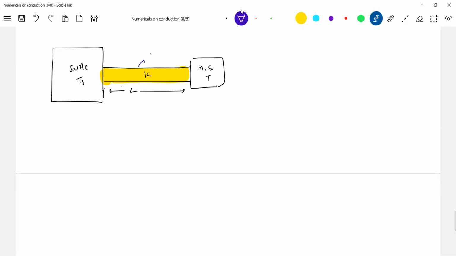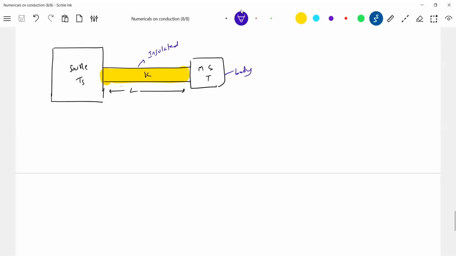Surfaces will be okay. This surface will be insulated so that the heat will flow only along the length of the rod. At T equals 0, the temperature of this body... This is the source. So source means what? Temperature will not decrease. Though it loses heat, temperature will not decrease. Already we know it's a thermal conducting body. The temperature of this body, as it absorbs heat, will gradually increase. So I'm interested in the expression for the temperature of this body as a function